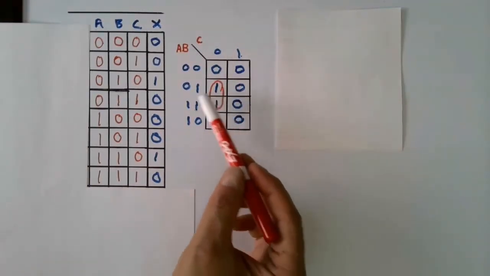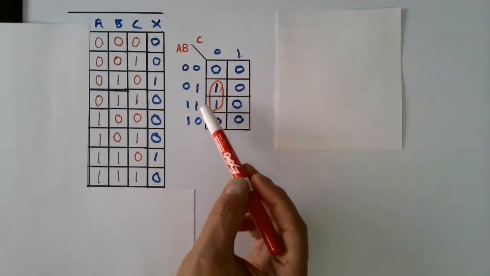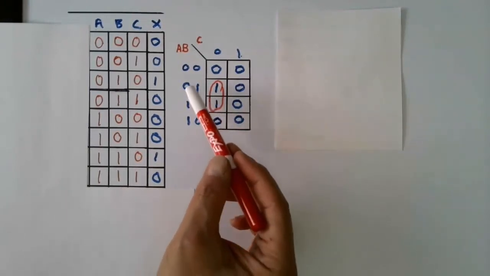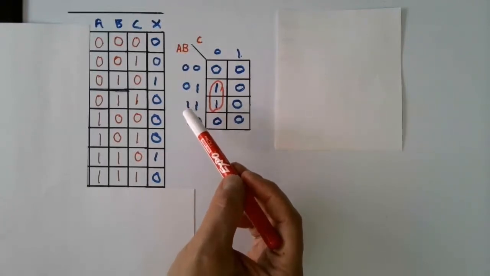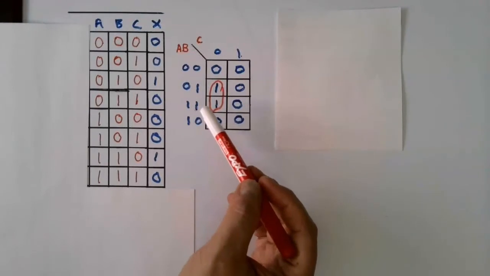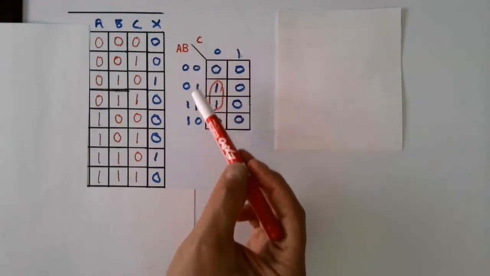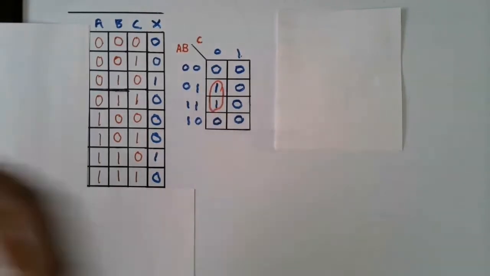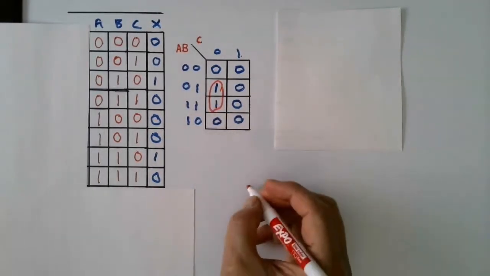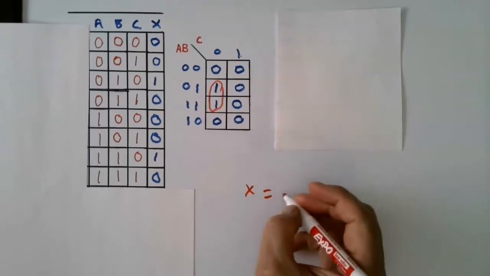Between these two, the value of B does not change. It stays at 1. But A is transitioning. So what that means is we have to throw it out. And to write the final equation, what we do is look at the variable, in this case B, and see what its value is. It's a 1, which means it's true. So we would write X equals B,